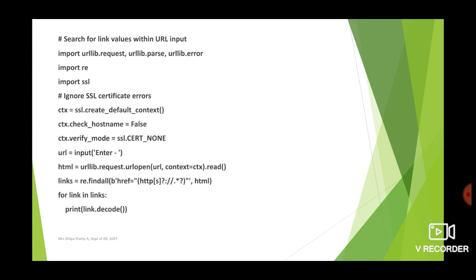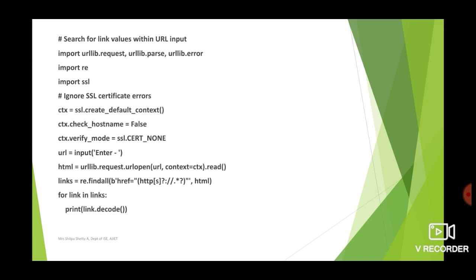This particular module also provides a class called the SSL socket, which is derived from the socket types, and again it provides a socket-like wrapper. The next code that we have is to ignore the SSL certificate error. Whenever we request a page, we might want to retrieve only pages that are secure. If any form of error is encountered and you would like to ignore such errors, then we can use this.